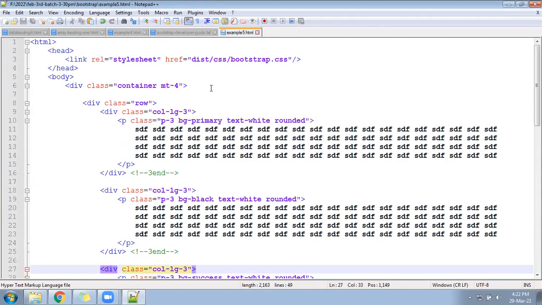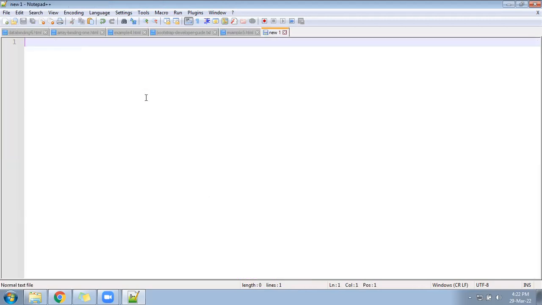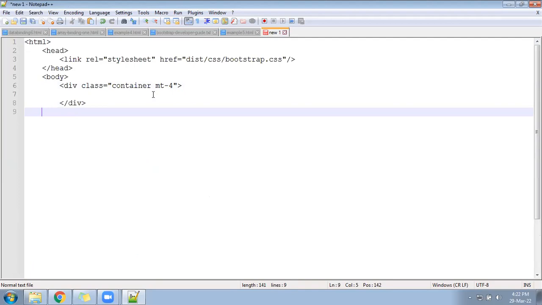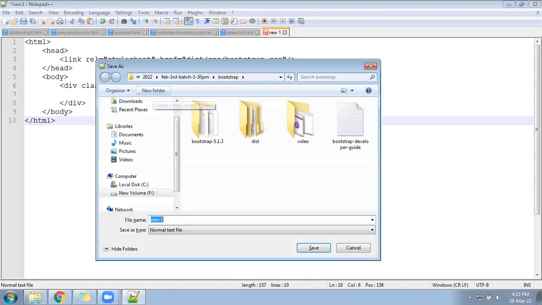Till container will remain same. Close the division. Body you can close, and HTML also we can close. We'll save the file, example6.html.